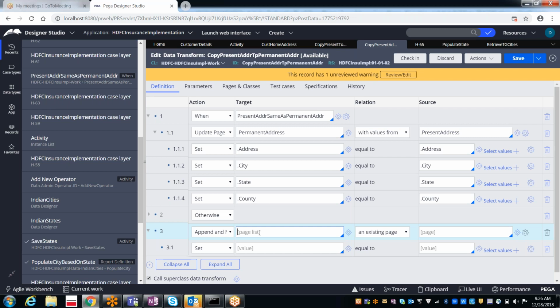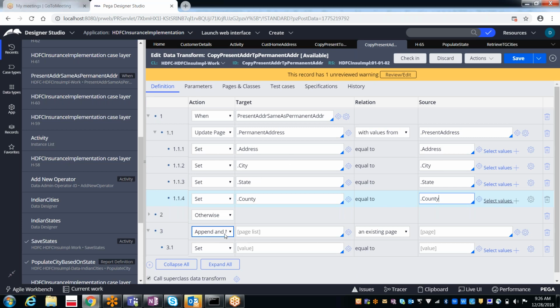For example, in the present address we have four values: address, city, state, and country. Likewise, you can select the specific properties and map them here. If you don't select country, it will copy only address, city, state to the permanent address.